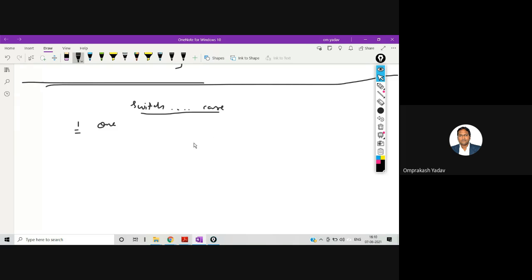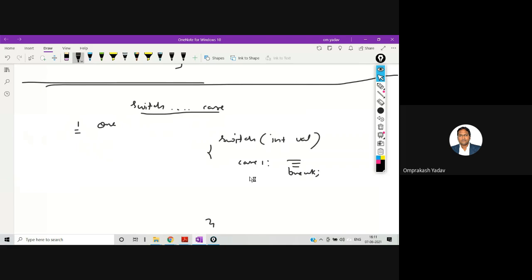Switch case basic syntax is like this. We write switch, and in the bracket there will be, let's say, some integer value, and based on this value the switch statement will switch to different cases. So for example, if the value is 1, then it will switch to case number 1, and here we'll have the lines of code, and the end line must be break.